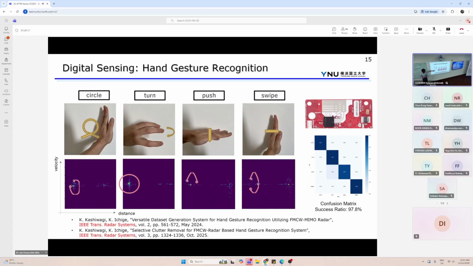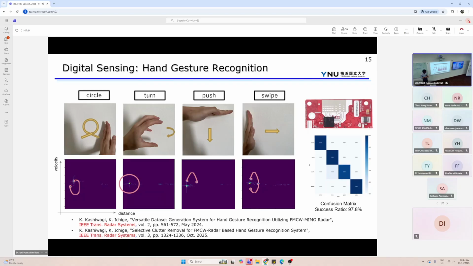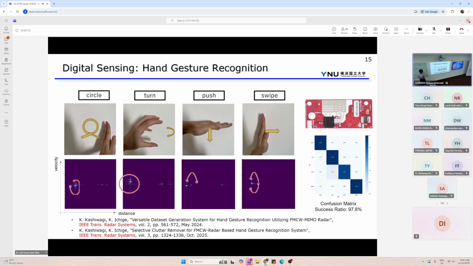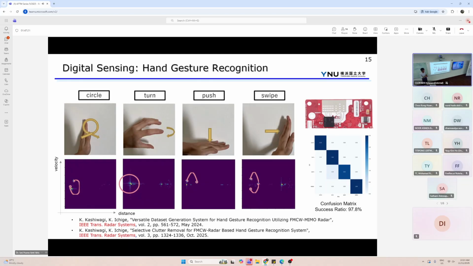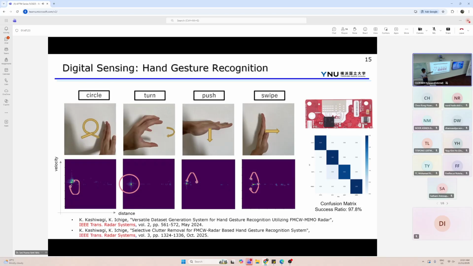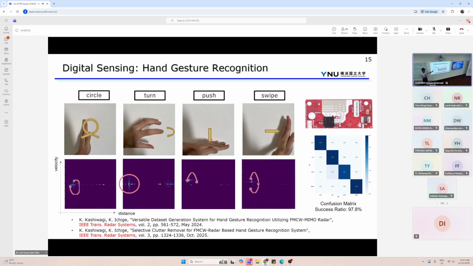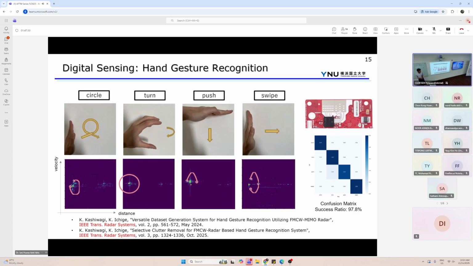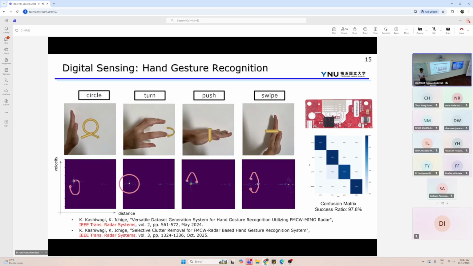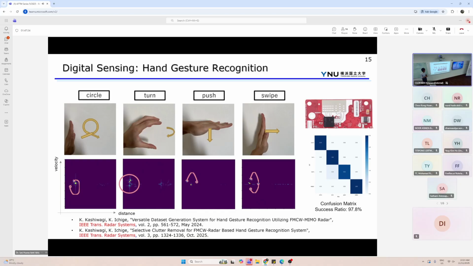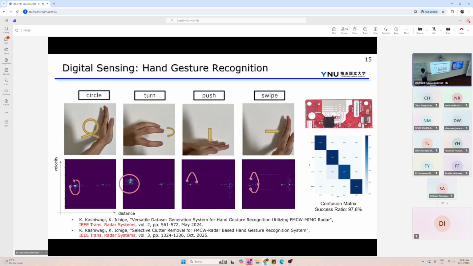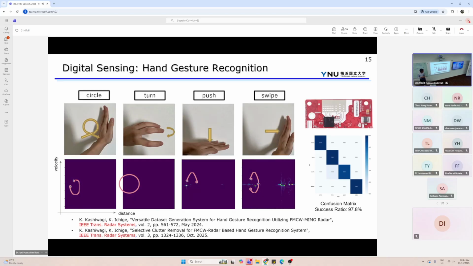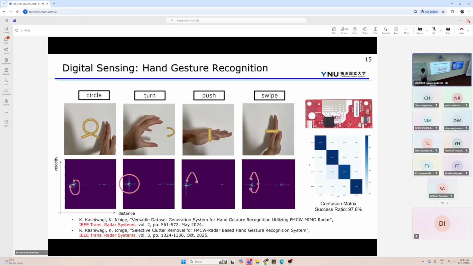You see the bottom figures; they are like movies of the radar cube, and for each hand motion the radar information is quite different from the others. So we try to classify the hand gestures using the radar observed information, and we can develop this kind of confusion matrix. And the success rate was around